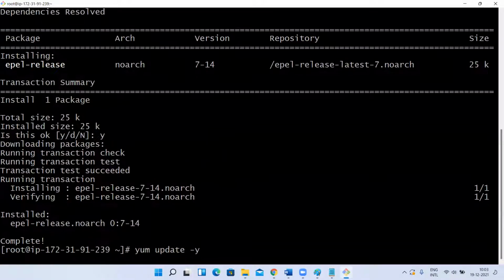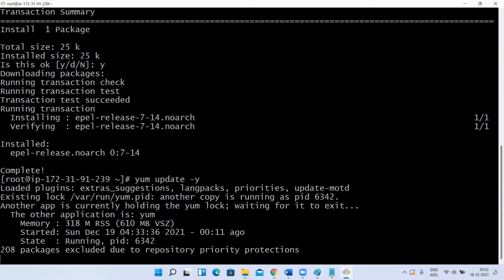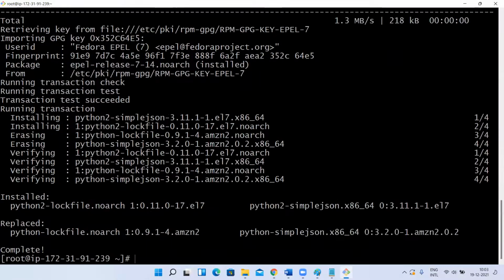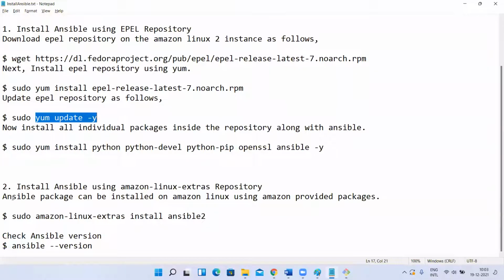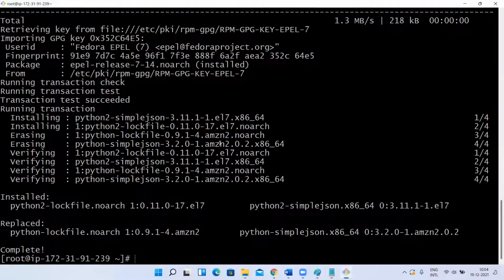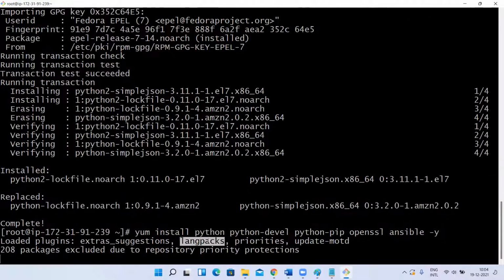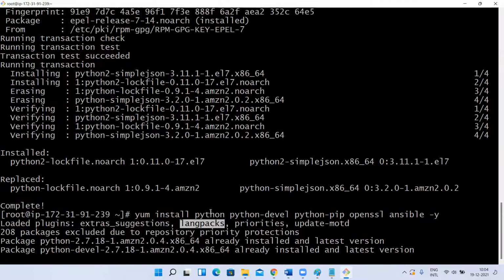One prerequisite I forgot to tell last time is that Python is required for Ansible. Why? Because the yum module, the service module, whatever modules we have in Ansible, are converted into Python scripts internally. The Python script is pushed to the slave nodes and executed there. So Python is required, and that is the reason we are installing Python also.